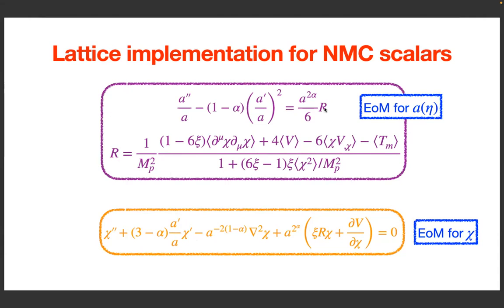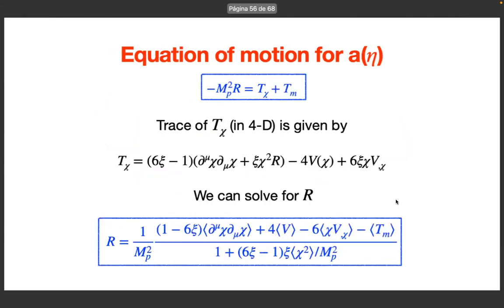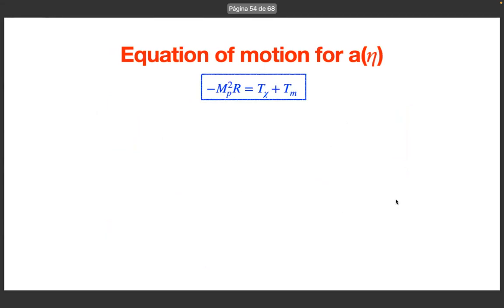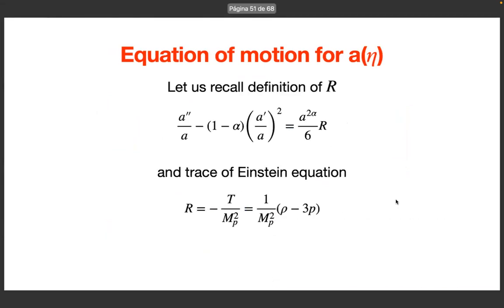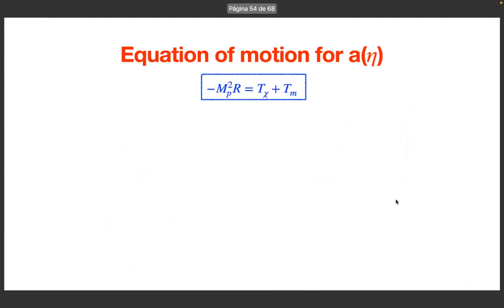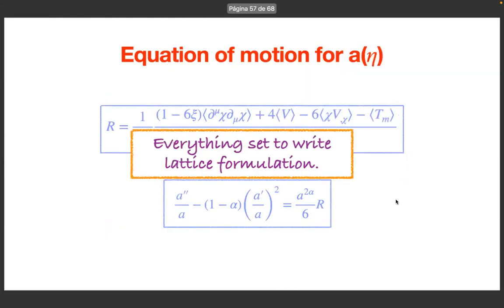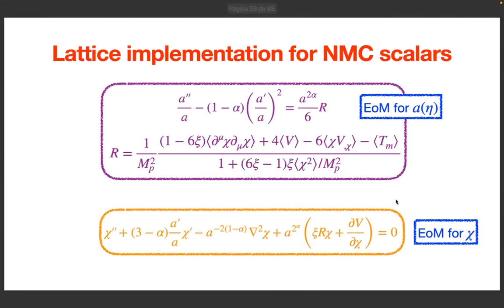Because R knows the information about all the matter content of the theory, it needs to know also what it's sourcing. So that's the main problem here. Of course, you can actually try to do this for the linear regime. This equation you can solve in Mathematica or something in the linear regime, which means this coupling is not